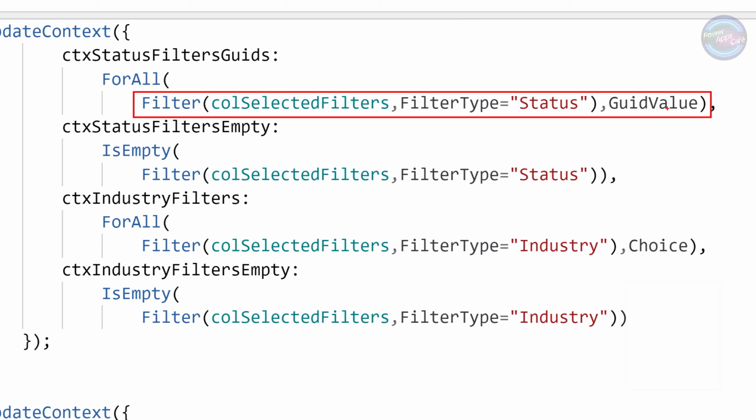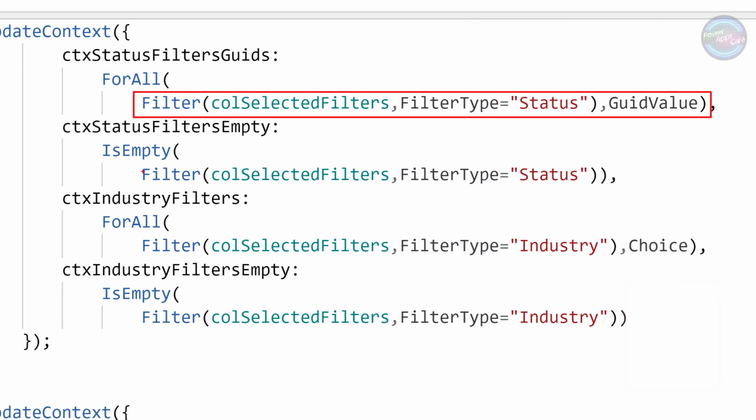And if you remember, we set that GUID value when we created the items from the account statuses. And it's just going to add all of those into effectively an array, this contact status filter GUIDs.